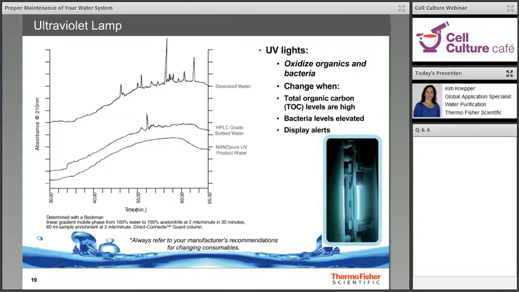The UV lights are usually replaced based on time, with the system giving a visual or maybe an audible alert. Now, some systems will display an error message if the bulb falls below a certain intensity or if it's burned out. Now, Thermo Scientific engineers designed a photoelectrode system that measures the UV light intensity to verify when the UV bulb